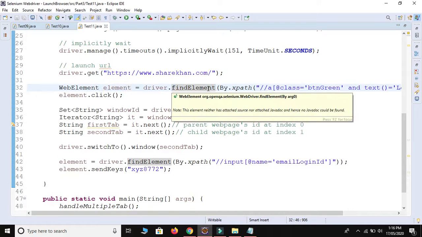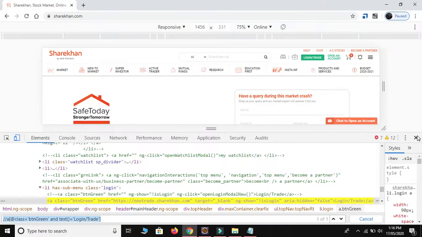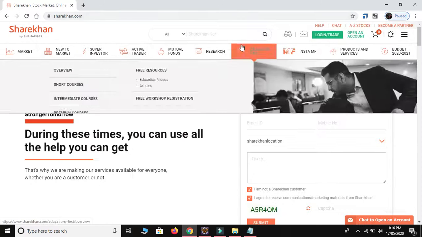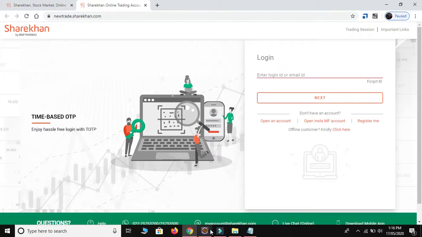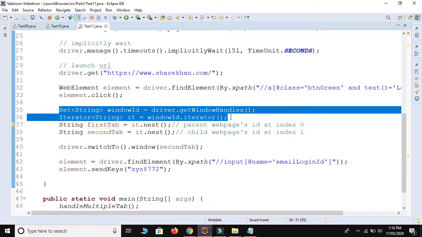Okay, so this is the main URL, and as you see, after clicking, let me close this, I have taken this URL. Okay, but after clicking this button URL should be launched. Okay, so the second way is again launch your URL by using driver.get method, but this is not a proper way to launch the URL again and again based on the requirement. Okay, so better to change your control from parent to child, and this two line of code is used to get window handles, means window ID, and change your control.